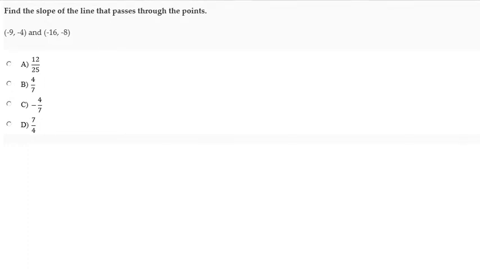Find the slope of the line that passes through the points (-9, -4) and (-16, -8). Now, when